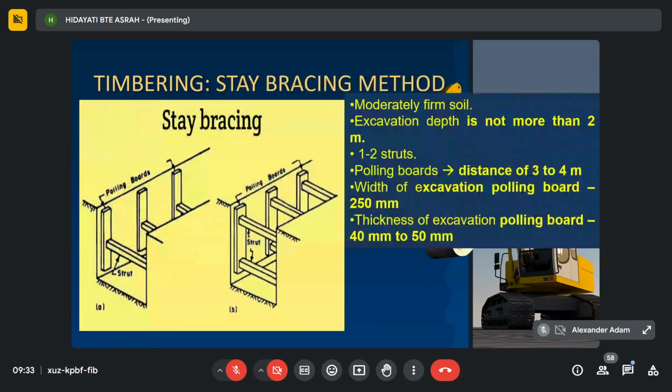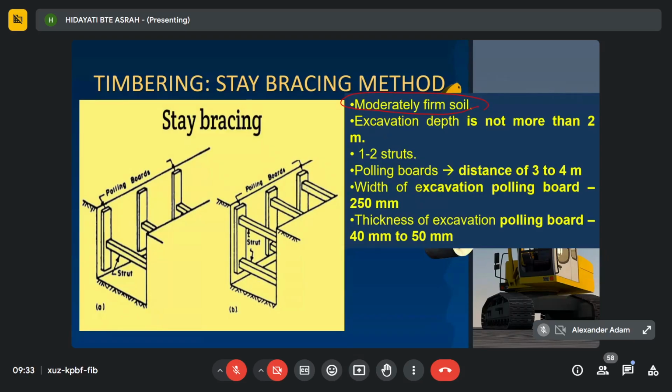This type of timbering is used when the soil is moderately firm. Before you suggest a type of timbering, you have to check the soil. Let's say the question tells you that the soil is loose, the soil is cohesive, the soil is firm, the soil is stiff. Based on the condition of the soil, you select and justify why you need to use this